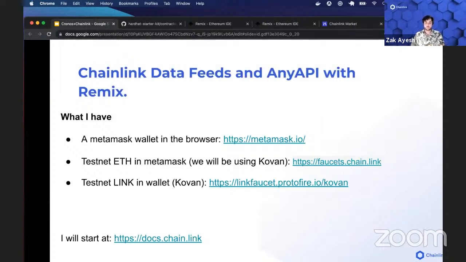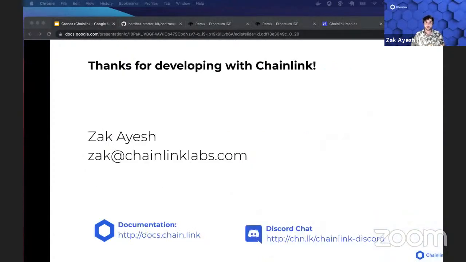So that was the demo. Thanks for listening in and being interested in developing with Chainlink. We are an open source project, so again, everything's open and in the GitHub. If you're interested in seeing where we're at and what's going on, and if you want to contribute,